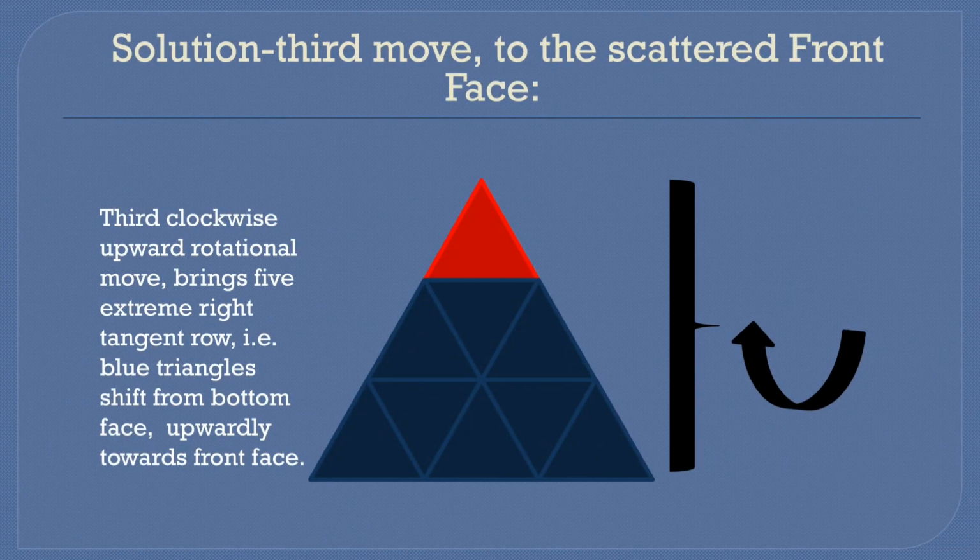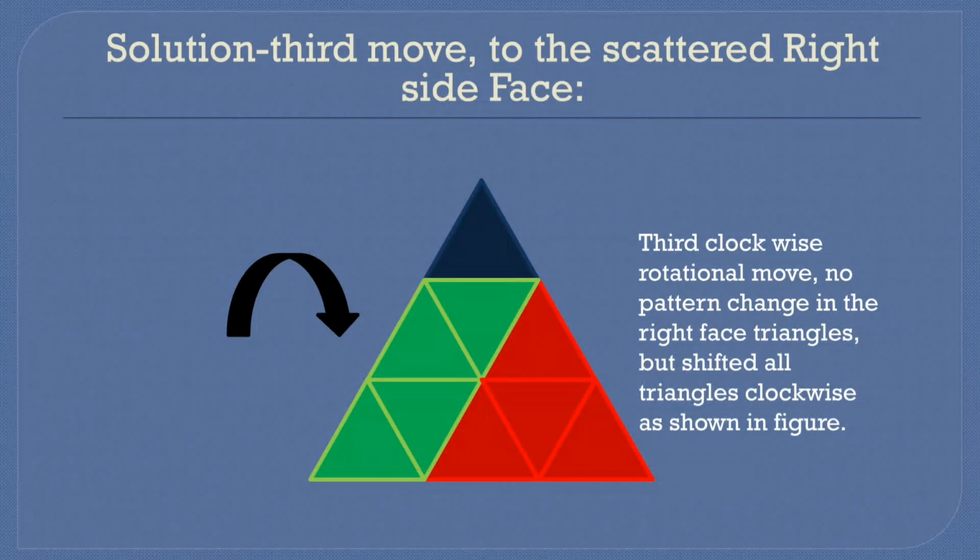The third clockwise upward rotational move brings the extreme right tangent row triangles, the blue ones, upward from the bottom face toward the front face. In the third clockwise rotational move, the triangle pattern on the right face remains unchanged, but all triangles are shifted